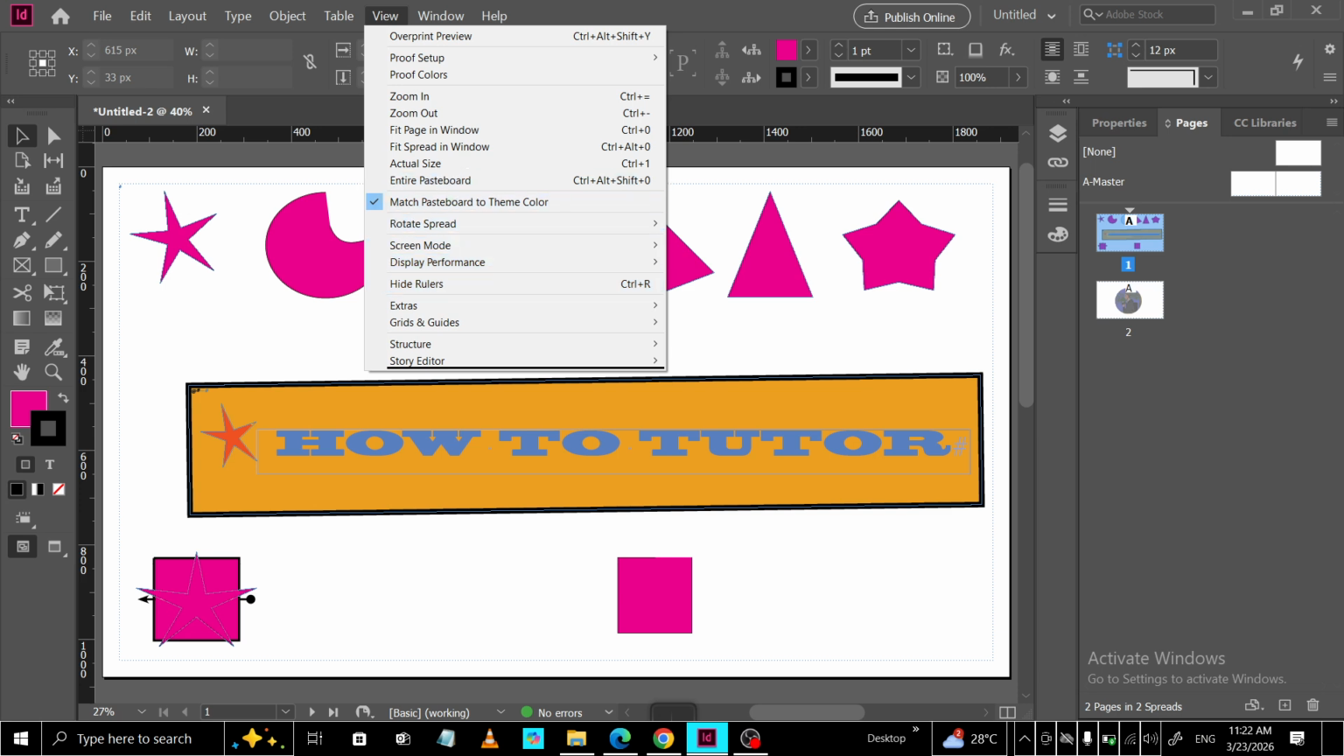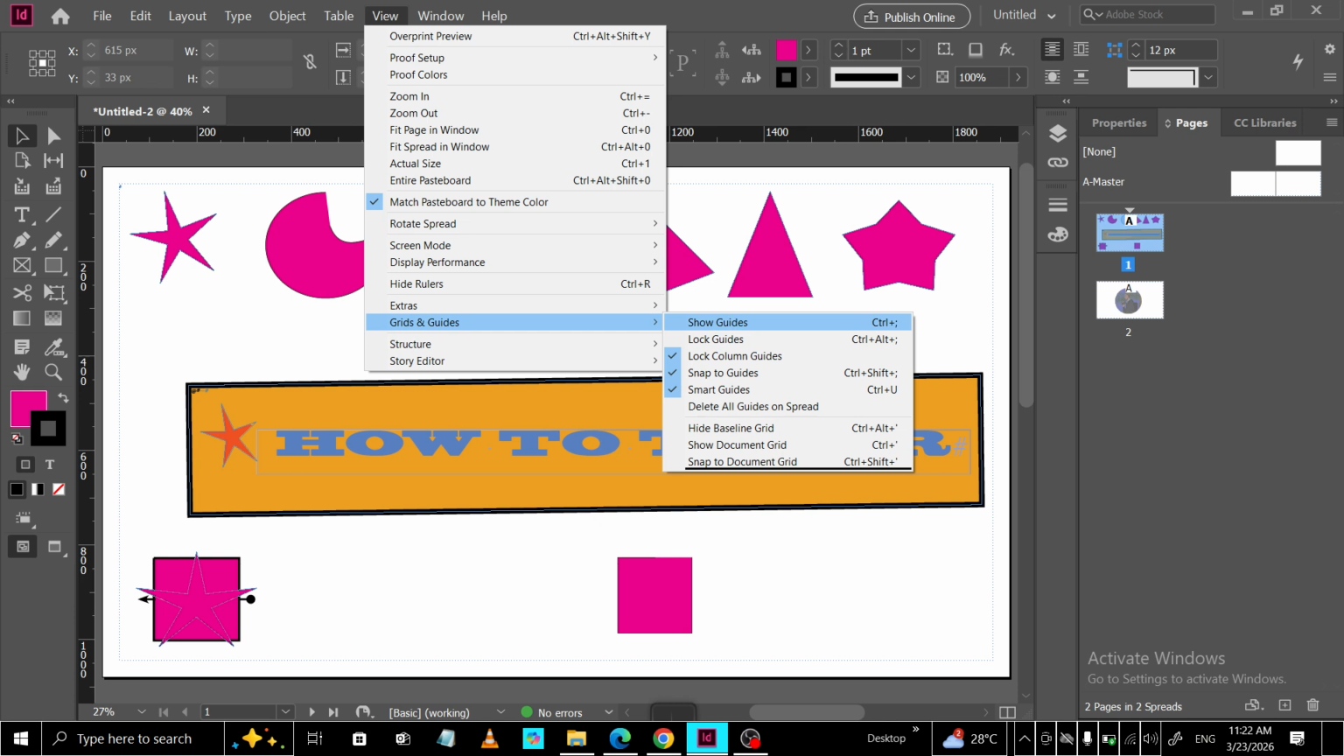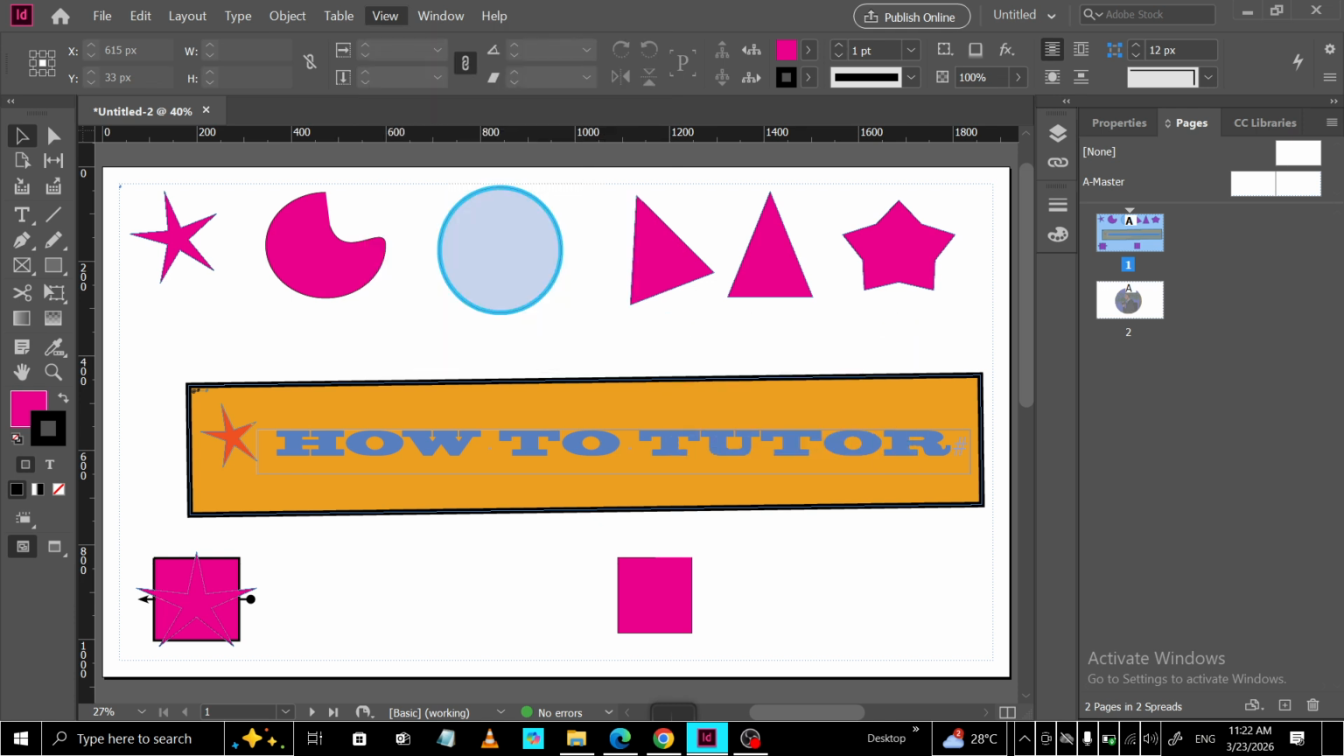To recap, you open the View menu from the menu bar, go to Grids and Guides, and then choose Clear Guides to remove all guides from the active spread. This keeps your layout elements intact while giving you a cleaner, less cluttered view of your design. That's all there is to it. Now you know how to quickly clear guides from your current spread so you can switch between a structured working